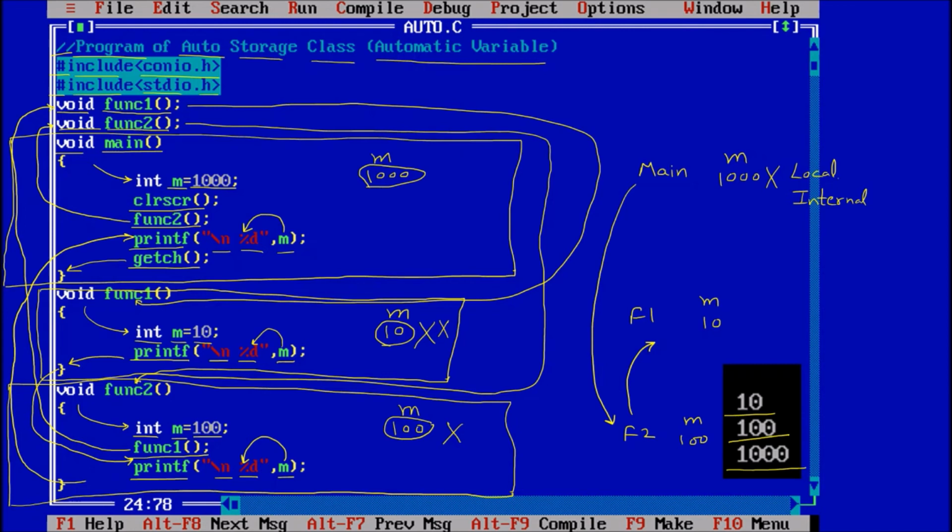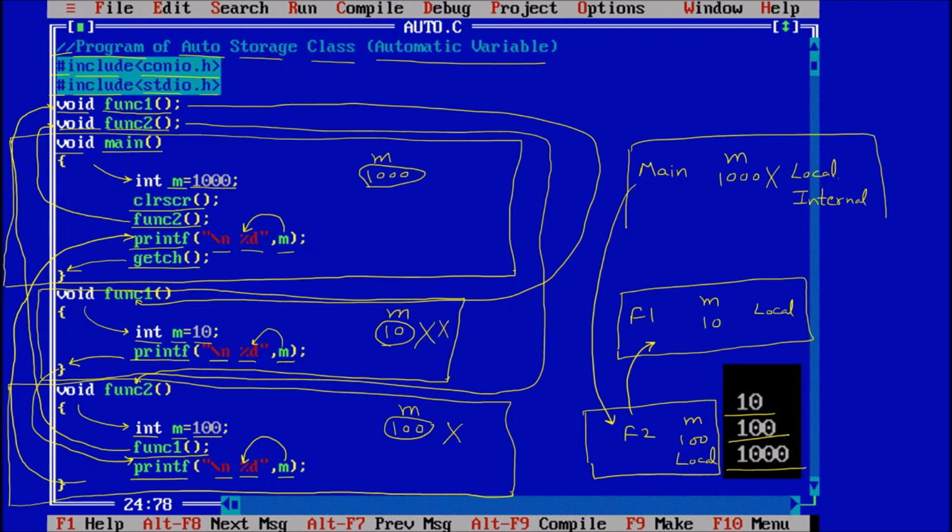So every variable we declare is local or internal to its function. That's why their values are only accessible inside their boundary. It cannot be accessed outside. Local means they can be accessed locally, and locally means inside the function only. So their value exists only where they have been declared.